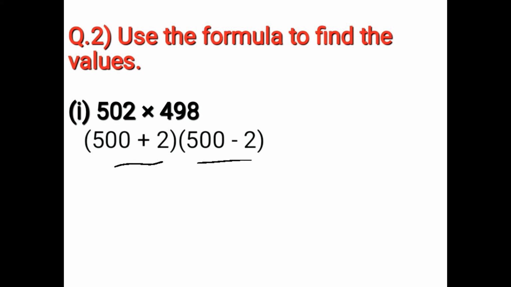Here, the first number is 502. In the unit place you have the number 2. If the number in the unit place is 1 to 5, you have to take the addition expansion form. In the unit place write 2 as it is, and 5 is in the hundreds place. So that's why it is 500. So 500 + 2 is 502. First part is the addition expansion form, and the second part over here is the subtraction expansion form. Why subtraction expansion form? I'll tell you.